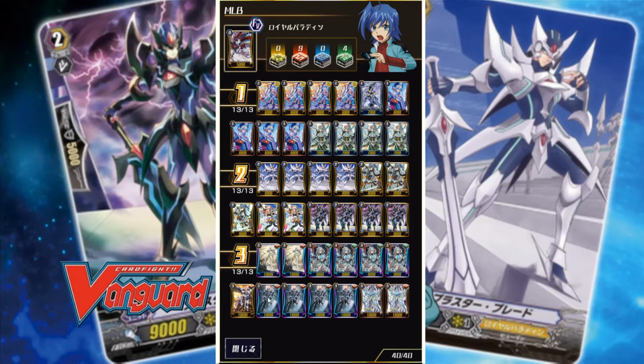And for the last Grade 3 is Alfred Early. Alfred Early is good if your opponent has 5 damage already. That means MLB doesn't matter that much because you just need 1 more damage and not 2 to win the game. So Alfred Early can pretty much call a Blaster Blade from your soul to the rearguard circle,